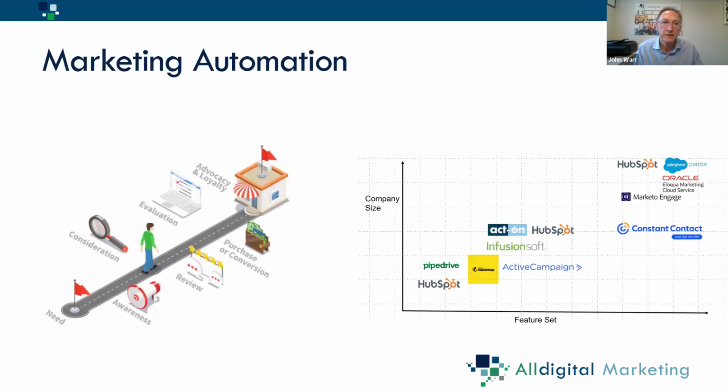So the first part of this is to realize that we've got the platforms, but we've also got a buyer. And we know that a buyer is going to go through a process. They've got a need. They're going to go through effectively an exploratory journey where they're going to start with awareness. They're going to go through consideration. They're going to be doing reviews. They're going to be doing evaluations. And eventually they're going to go through to the purchase. So what we need to do is to marry these systems so that they work together.